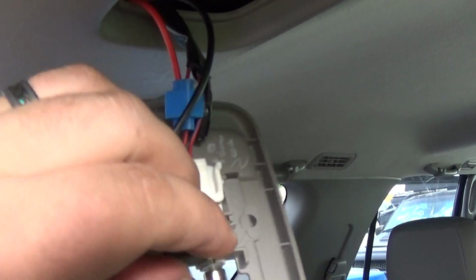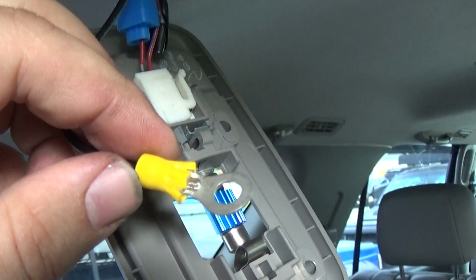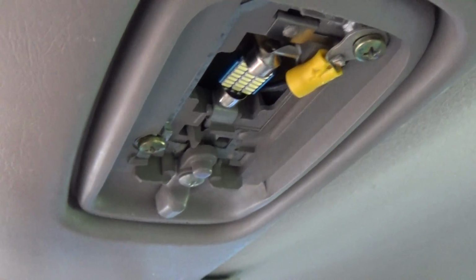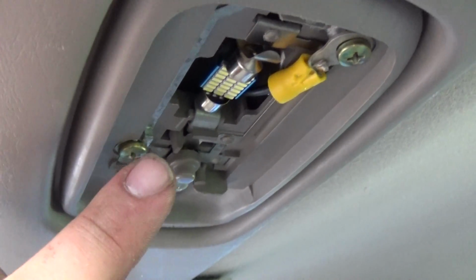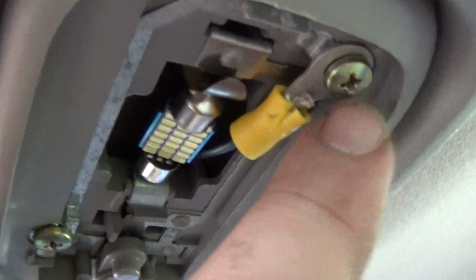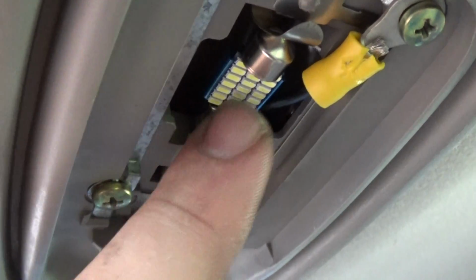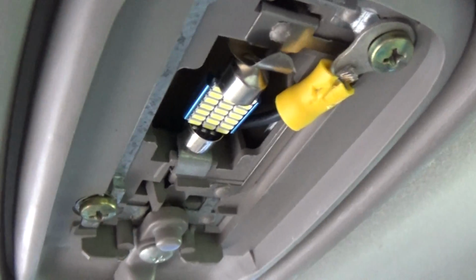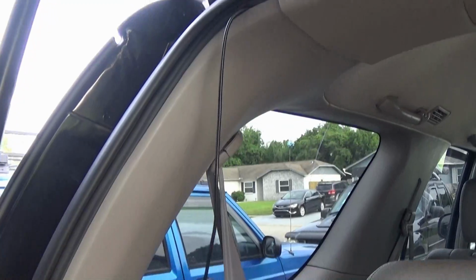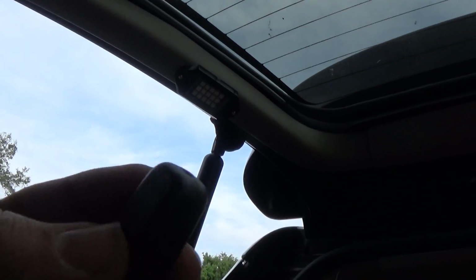All right, got the power tapped and I have a ground lug crimped on here. It's not the best of crimps, but it will work. And I'll show you exactly where we're going to put it. Yep, we got our power tapped over here, and then we have the ground right here into this screw. You can tell it's metal and it goes right into the frame of the vehicle. You can keep this kind of away from that bulb, but this shouldn't get hot. LEDs don't produce that much heat, but yeah, this is where we have our ground. The only thing we have left here is the actual